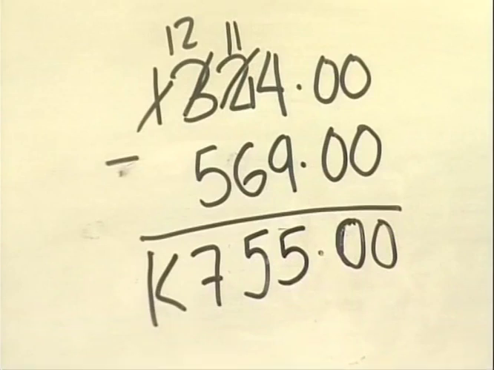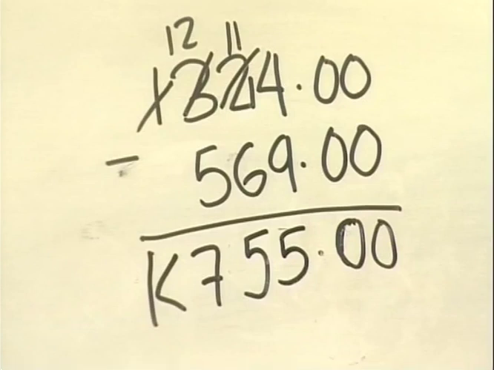That's how I got my answer. I take away 1,324 kina, take away 569 kina, and I cross 14 take away 9 is equals to 5, and 1 cannot go into 6, so I cross 3 and add